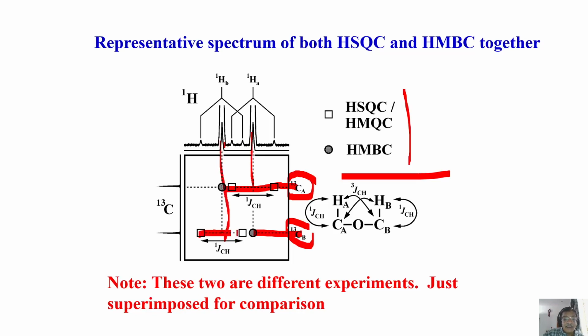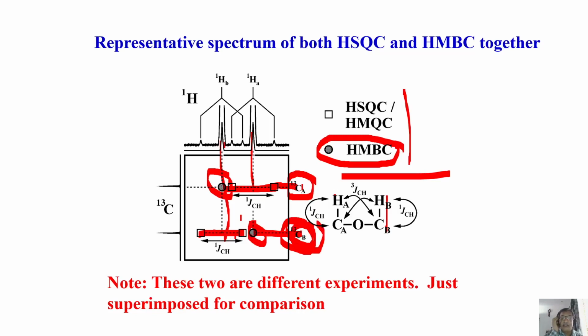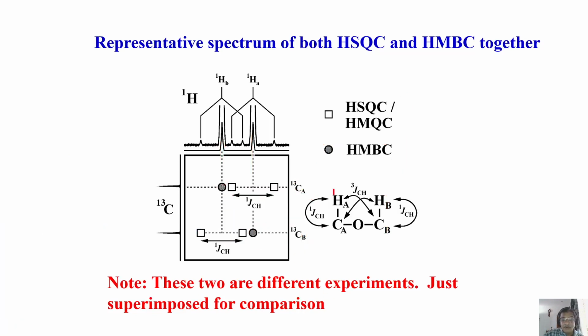What are these? These are proton carbon couplings which are directly bonded. This CB coupled to this HB gives you this doublet. This CA coupled to this HA gave you this doublet. This is a coupled HSQC, like satellite peaks. On the other hand, if I look at HMBC, this CA gives correlation to HB, this CB gives correlation to HA. Both are different experiments. Just for comparison, just to make you understand, this is shown here. I hope it is clear for all of you. Okay, these are two different experiments.